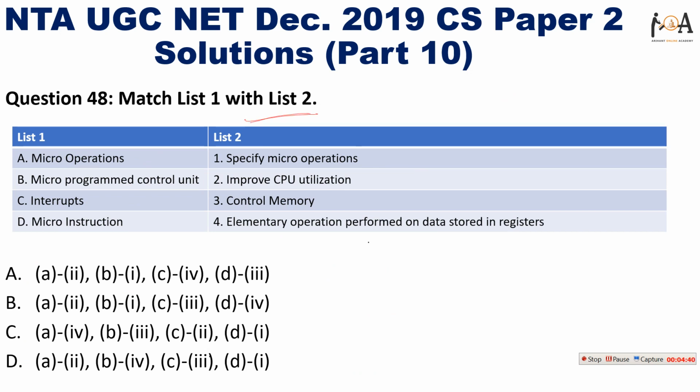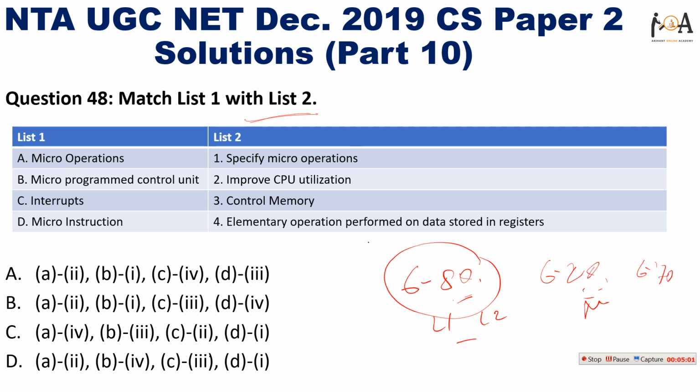Again we have to match the lists, because in UGC NET the specialty of the question paper is that 6 to 8 questions are like these tables, list 1 and list 2, and we need to match them. Every year 6 to 8 questions are there. And 6 to 8 questions are completely numerical type, meaning hard level, and 6 to 7 questions are medium level numerical questions, and most of the remaining questions are theoretical type. So you just need to know about the paper as much as possible so that you can crack it easily.